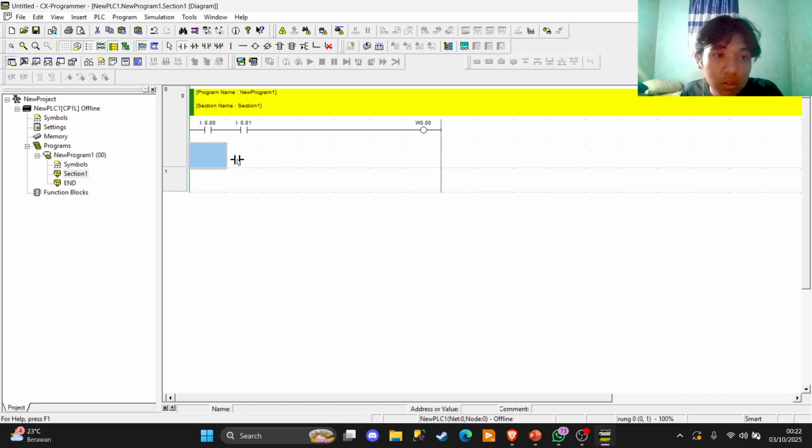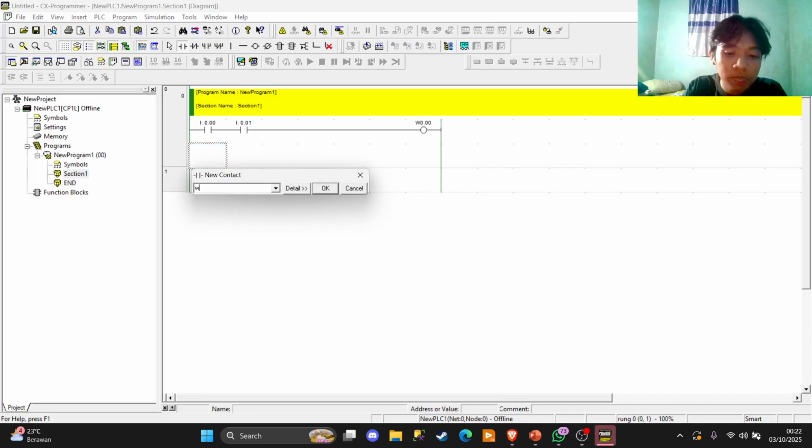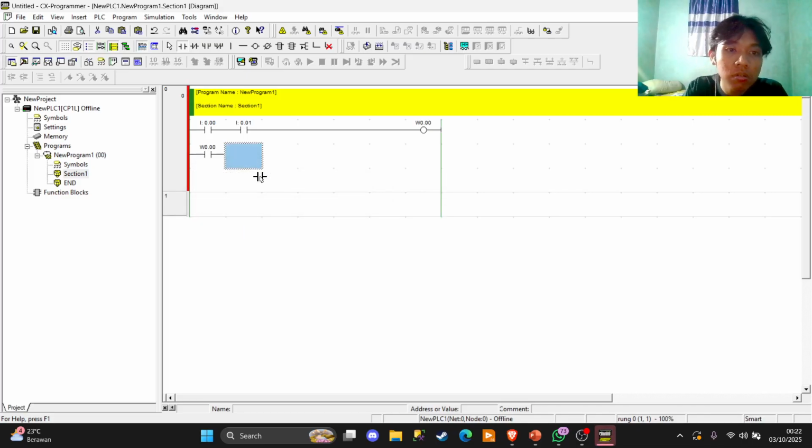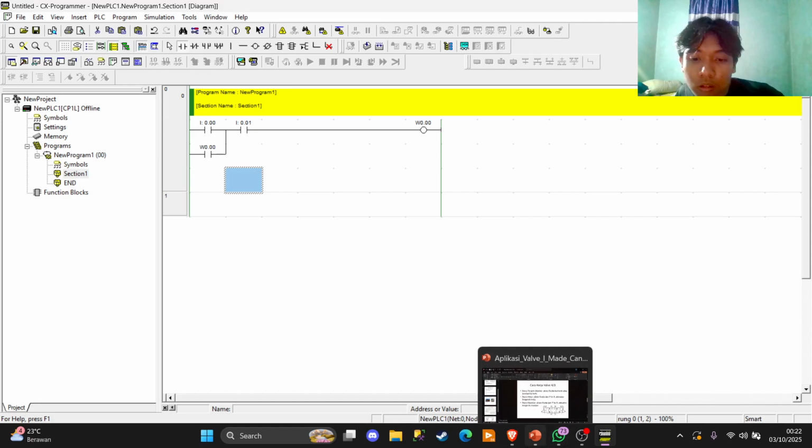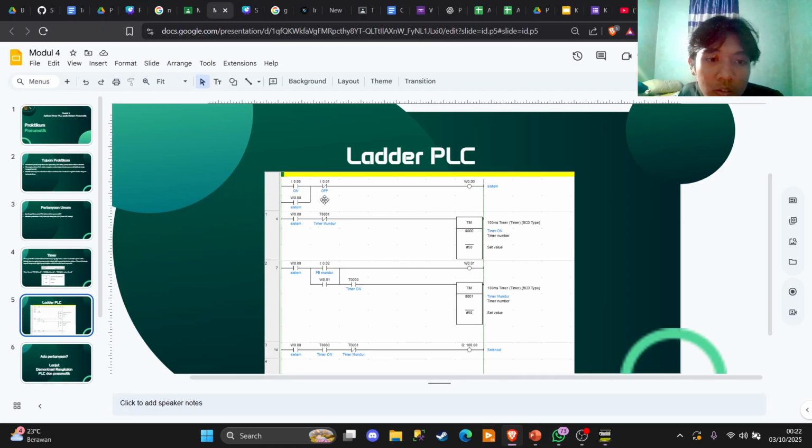So we make sure of that, and now we make the first system, which is the interlocking system here, and then we make the next rung. The next rung is the timer on, the first timer.